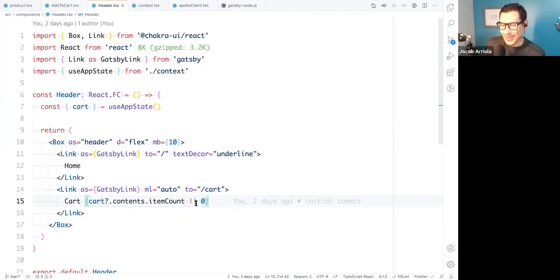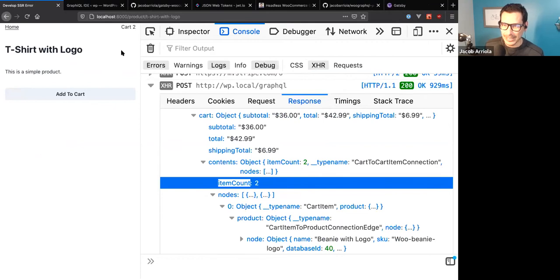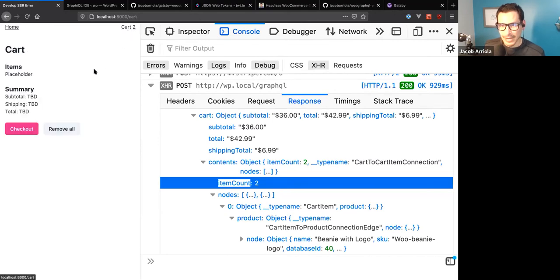Very cool. So that is, at a really fast pace, the context and updating that cart count here. The neat thing is if I go to cart now, yeah. The neat thing is, because I've stored cart in state,